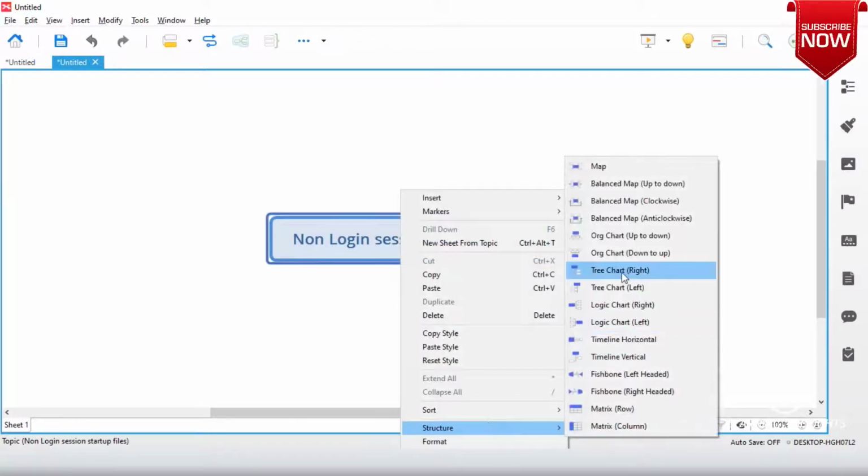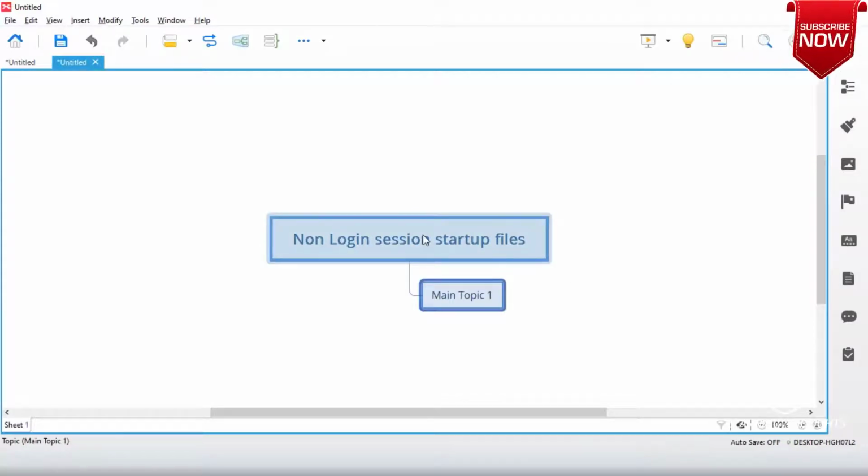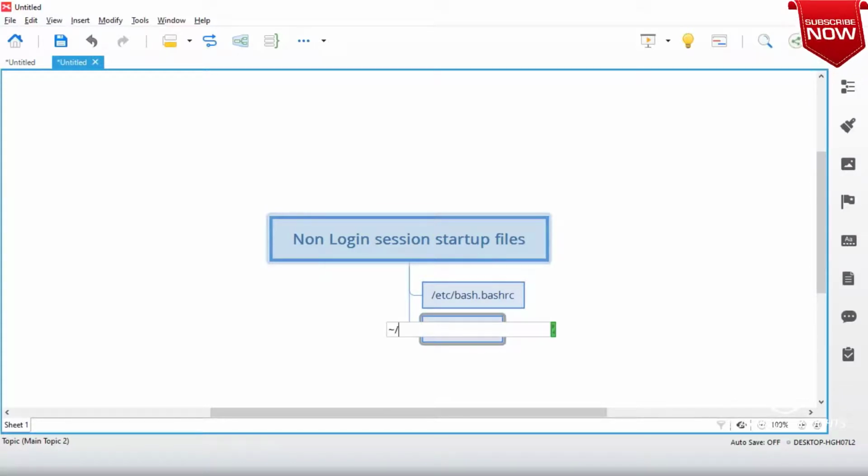Let me restructure the chart. Here you will have a file which we call /etc/bash.bashrc, and then the next file will be .bashrc in the home directory.